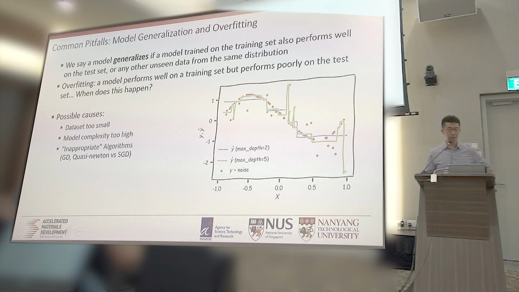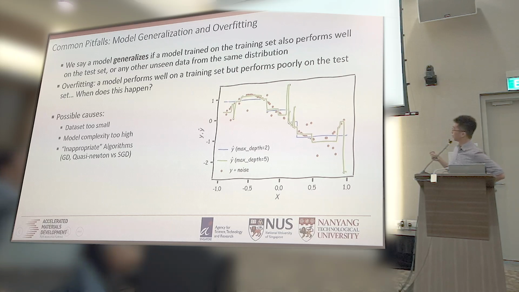This can happen when your data set is too small, or your model complexity is too high. And the third one is you're not using the right optimization algorithms, and this is more of a recent discovery in the machine learning community. But the first two are well understood. And if you look at the plot on the right, I just give a